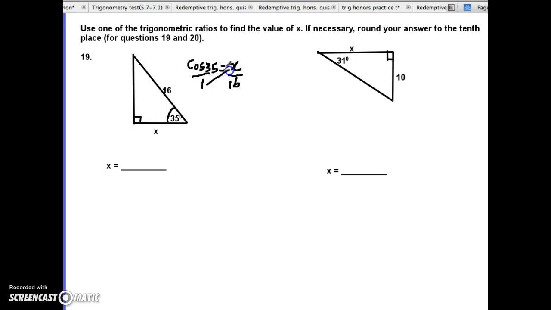So we cross multiply and we get x times 1 is x, and our answer is going to be 16 times the cosine of 35. I can easily work